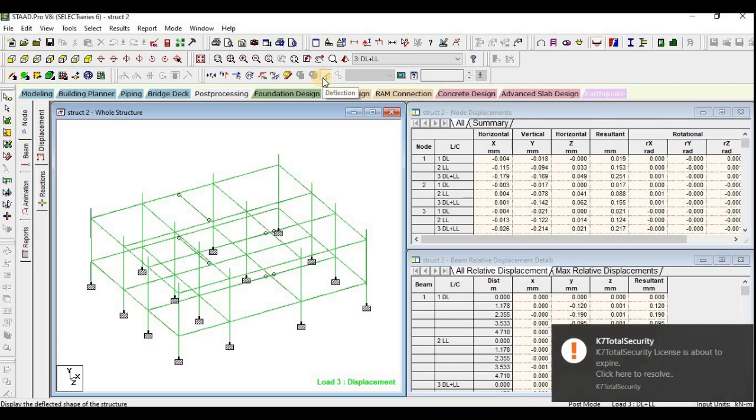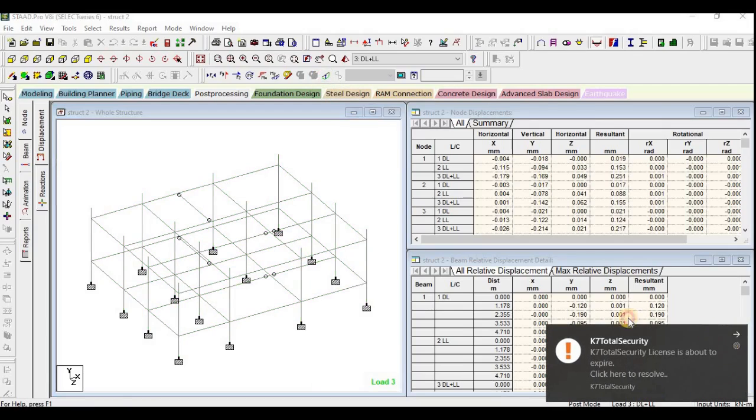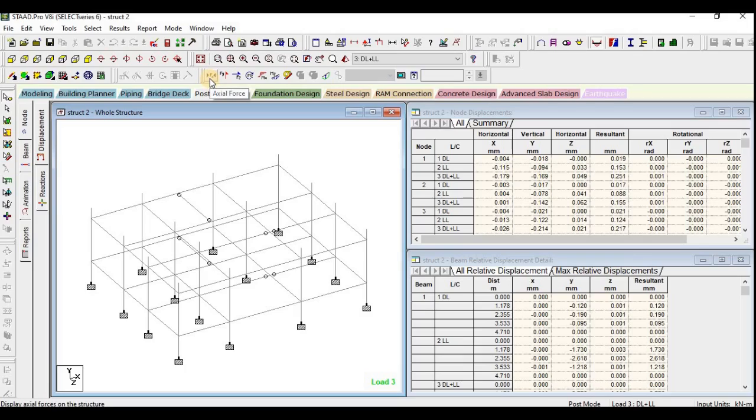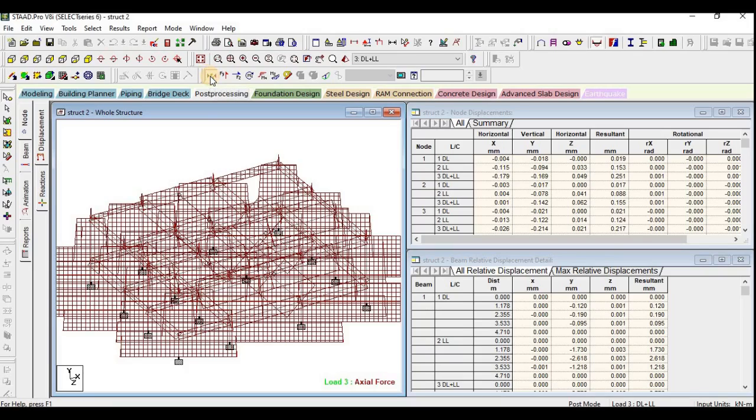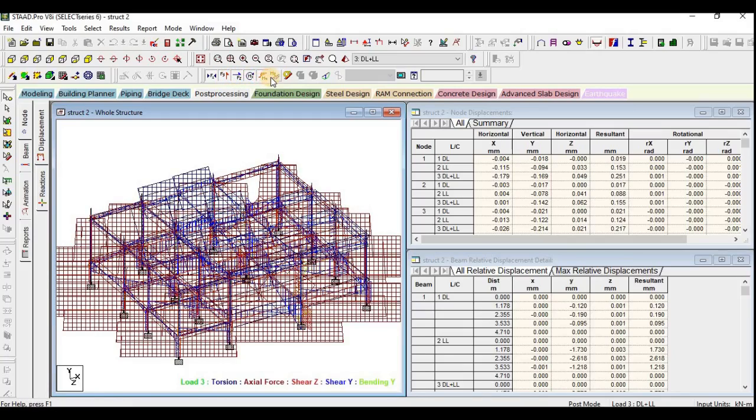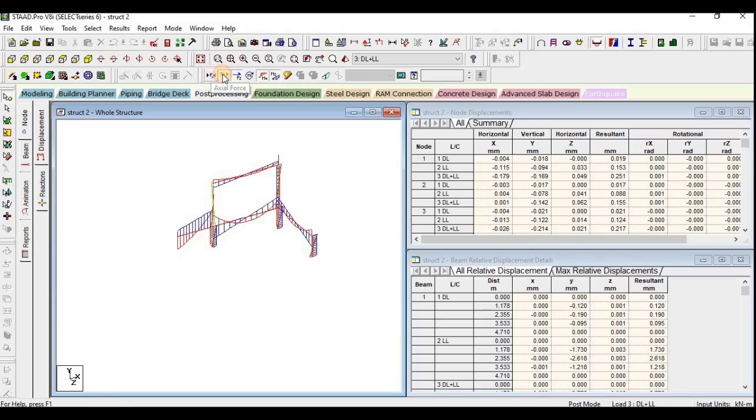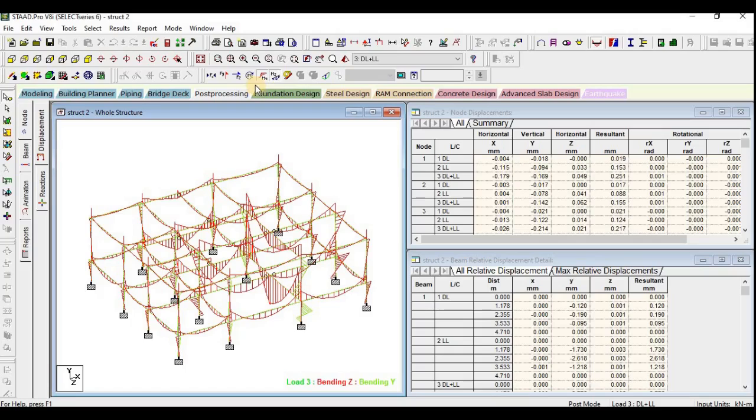Here it shows the deflection pattern, so I shall remove this deflection pattern. Instead of the deflection pattern I shall go with the maximum axial force, then shear force, you can click both, then bending moment. Torsion has no value, we can use bending moment My and Mz. Okay, so just to see the pattern,